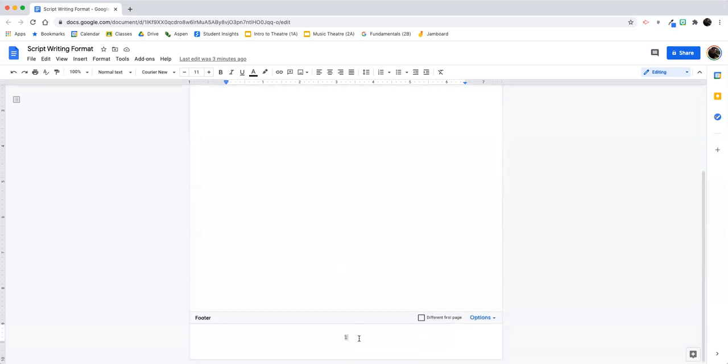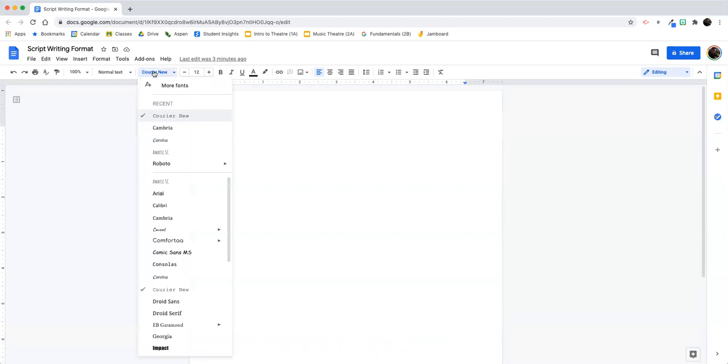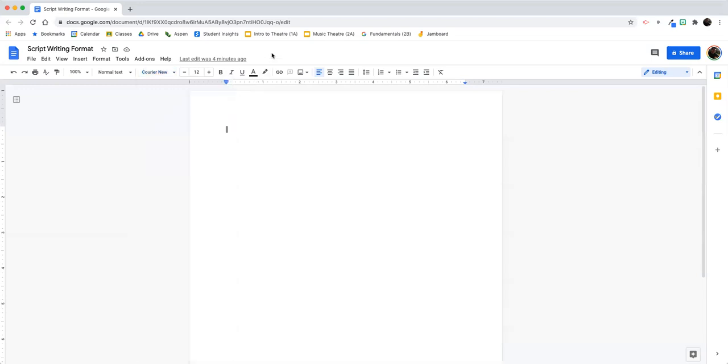All right, so I've added my page number to the bottom of the script. The next thing I'm going to do is make sure that my font is Courier New or Times New Roman. Courier New or Times New Roman are the two fonts that we use most often when writing scripts or screenplays. The reason I like to use Courier New, and the reason that most people have a tendency to use Courier New,